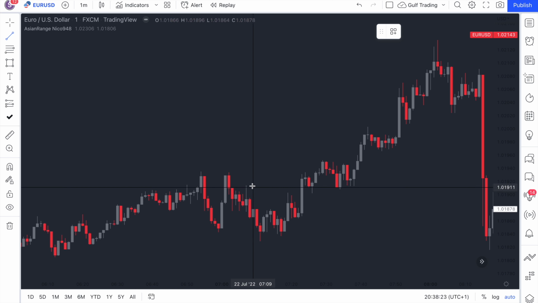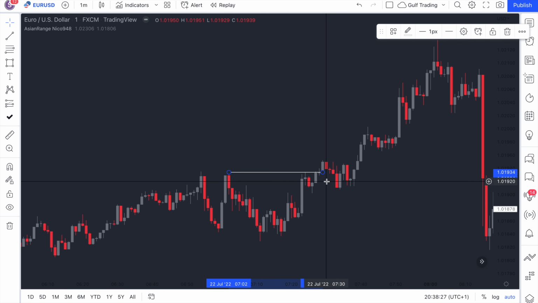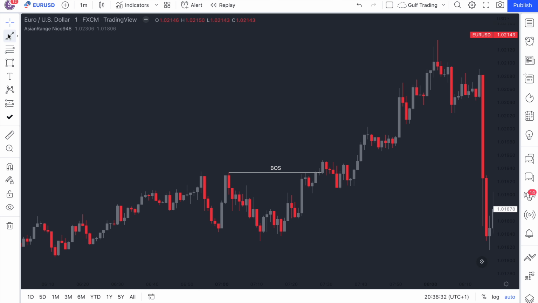So I've got one, not much strength there, but it did take a while, but it did break through. We'll label that breaking structure. Got another one